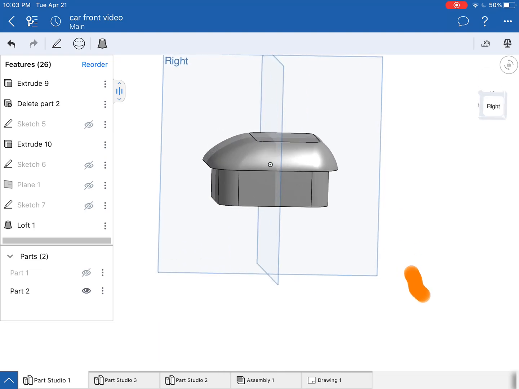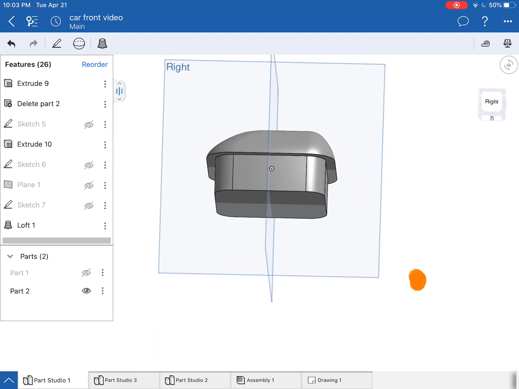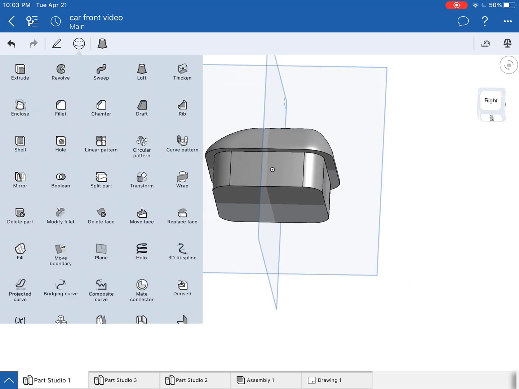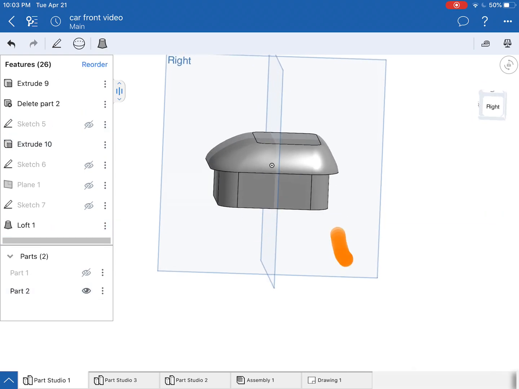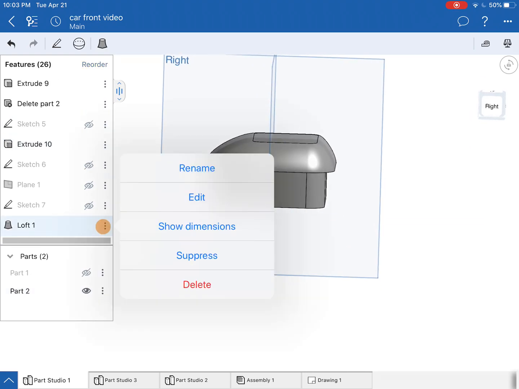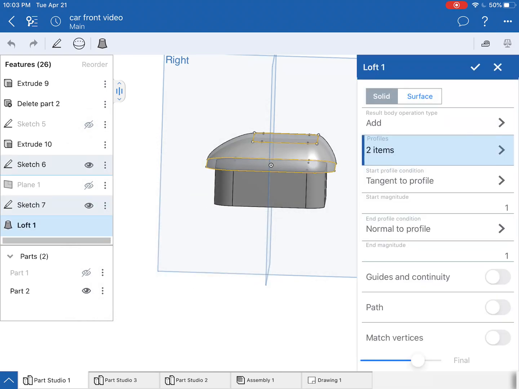Okay, I ended last video, I was trying to create the shell and it wouldn't shell this out the way that I wanted. I would go to the shell and it asked me what face I wanted to remove. I'd click the bottom and it would just say could not shell the part with selections. So I messed around with it a little bit, and what I determined was if I go back into my edit the loft, so the last loft that I did and edited it,